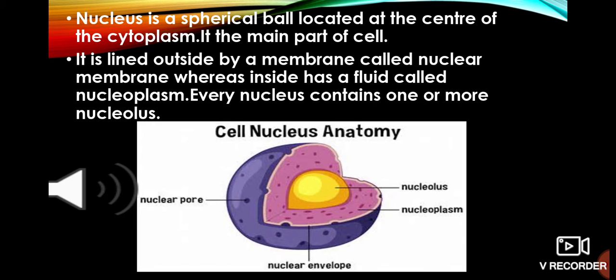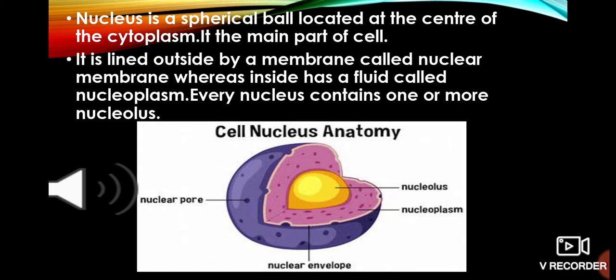And how many nuclei are there? Usually it is one in number, but a few organisms have two. A few exceptions are also there. If we look at the structure of the nucleus, it has a covering outside. As the cell has a covering known as the cell membrane, similarly the nucleus also has a covering known as the nuclear membrane. The cell has a semi-liquid called cytoplasm. Similarly, the nucleus also has a liquid inside known as nucleoplasm.